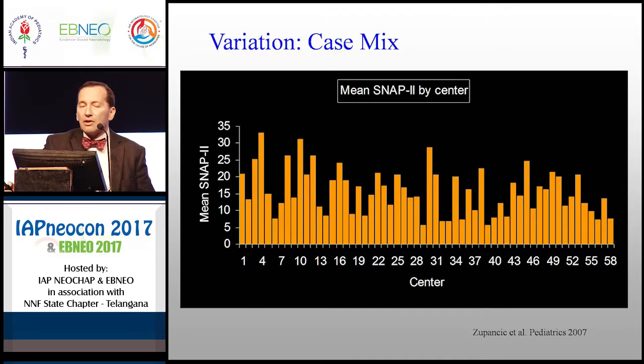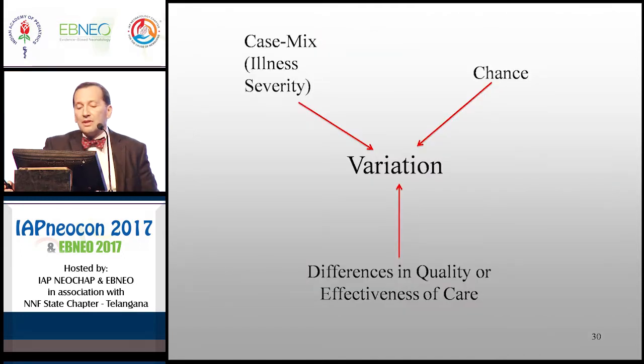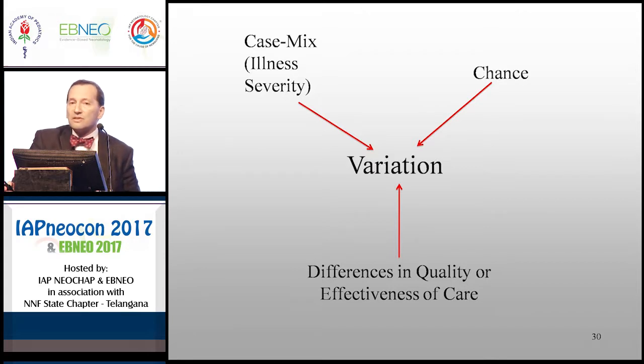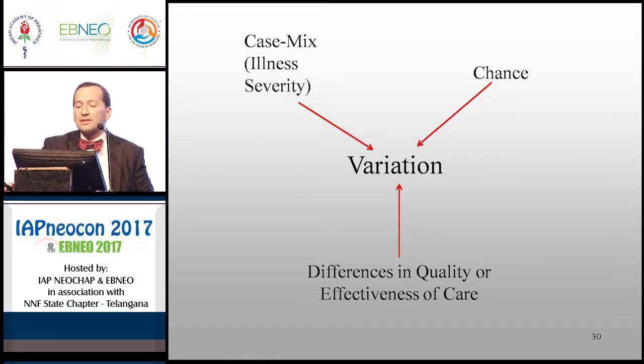And when we looked across units in the Vermont Oxford network, there was an amazing amount of variability in illness severity. So those administrators who were saying my patients are sicker than yours were right. In many cases, they are. So that's the measurement of illness severity. Now we need a way to take chance out of the mix as well.